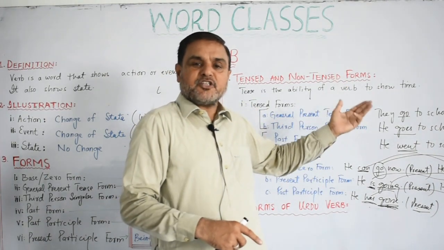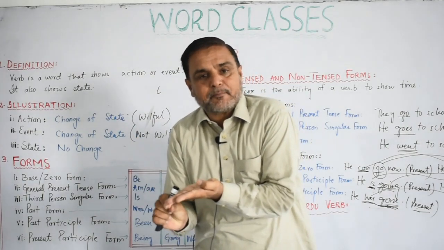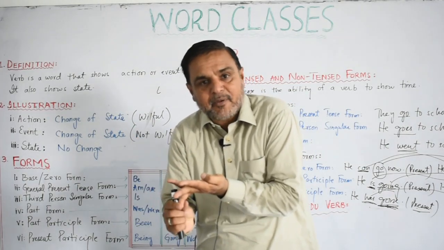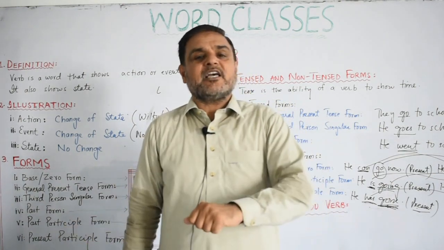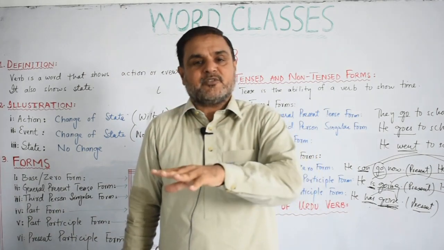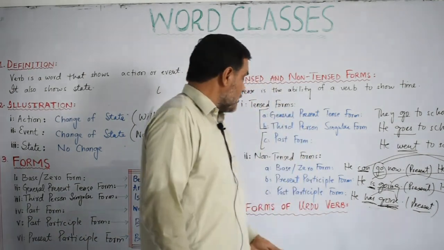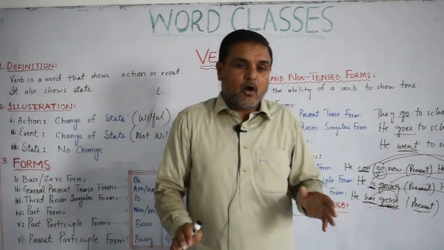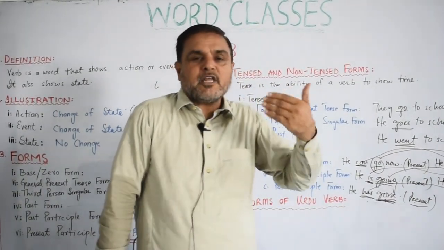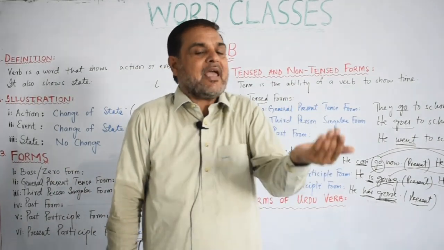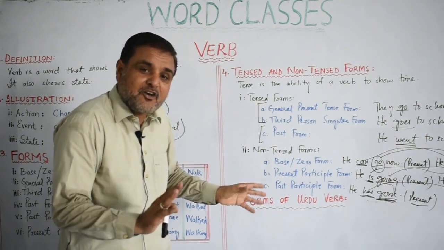So these are the three tense forms of the verb, and the other zero or base form of the verb, present participle form of the verb, and past participle form of the verb. They do not show time. That's why they are called non-tensed verbs or non-tensed forms of verbs. I hope you've got the idea. So this was our brief discussion of the different forms of verb and how they perform the function of showing time and not showing time. So this was something that you need to understand. Just for the sake of knowledge,